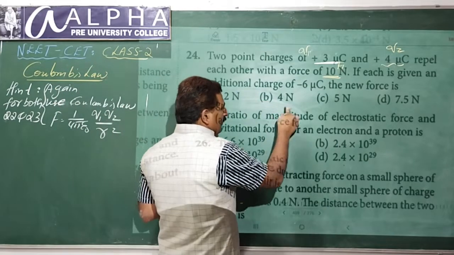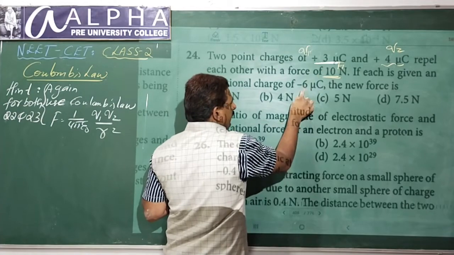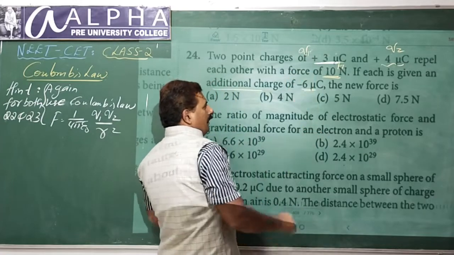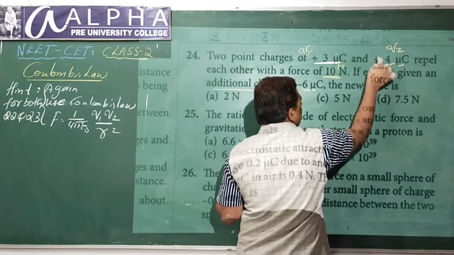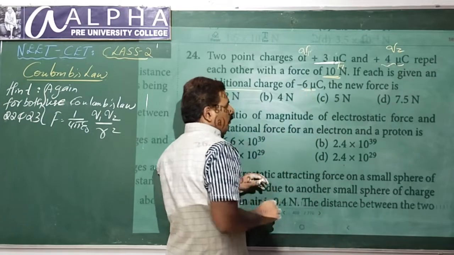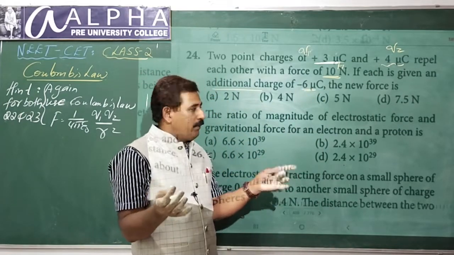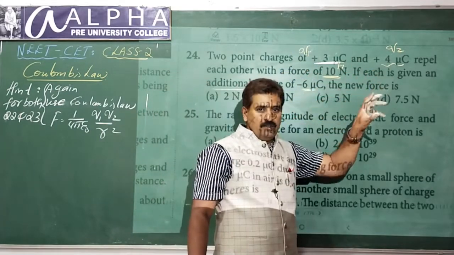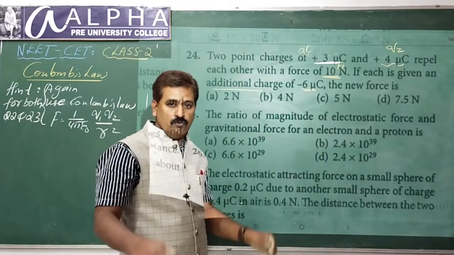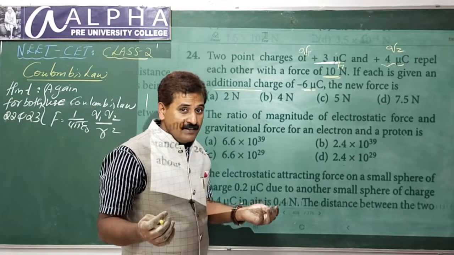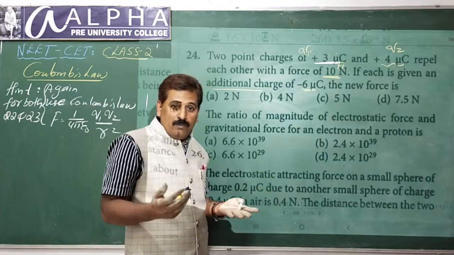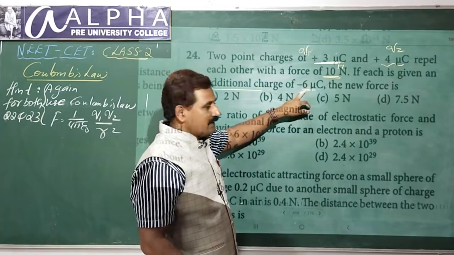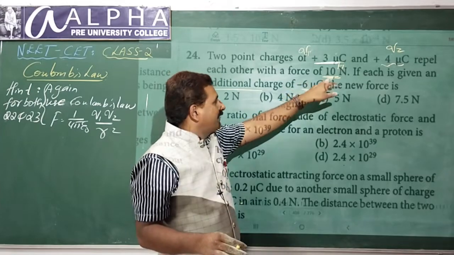If I add minus 6 additional charge, additional means you are adding minus 6 to this, again minus 6 to this. So these two charges are added with minus 6 microcoulomb. Then you are left with a new charge. When you add this to this, new charge, call that Q1 dash. When you add this to this, new charge, call that Q2 dash. What is the new force? What about distance? He is not talking about distance. Then it must be the same for both. These two are separated by some distance, the same distance, with the new charges when added with minus 6.